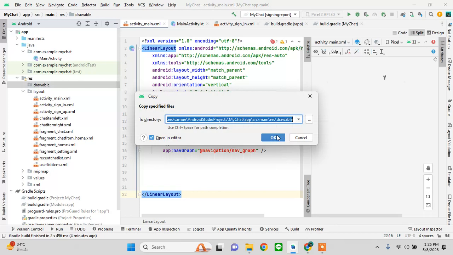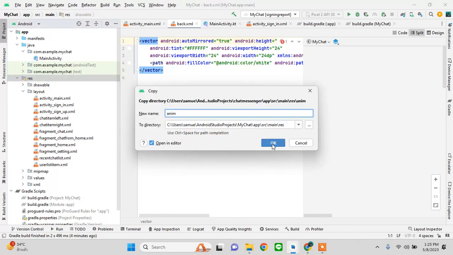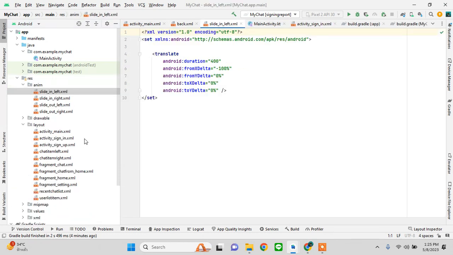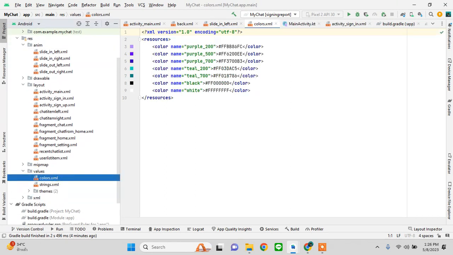Okay, the drawables are here. Okay, and we need some animations. The animations are here, so we'll just paste that. And we need to add some colors. So we'll just go and